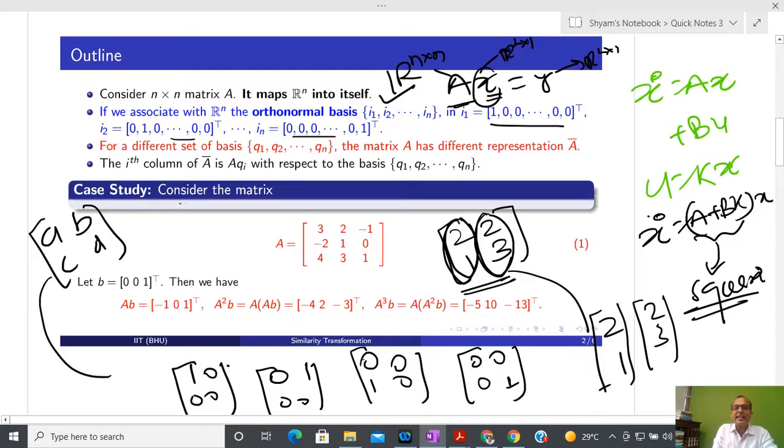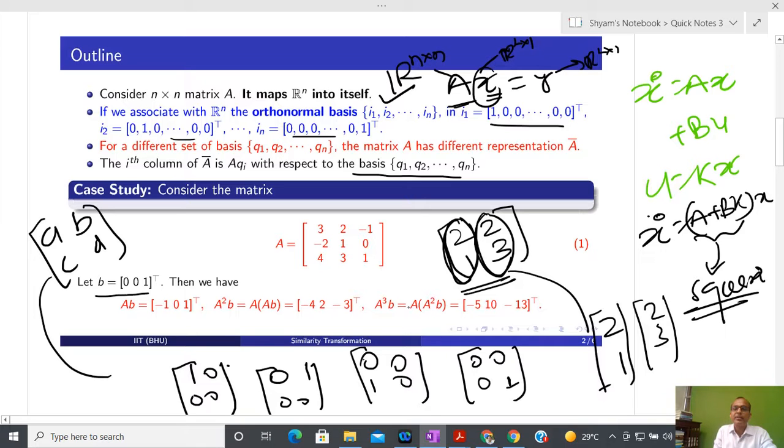Okay, so you can see that for the ith column, I am going to represent the same space by a different basis q1, q2 and qn. Okay, so what I am going to do is one case study. So I have taken the A matrix, and after that I have taken some kind of B matrix. Okay, so I have taken B matrix like 0 0 1. Okay, and now I am going to calculate AB. After that I am going to calculate A square B